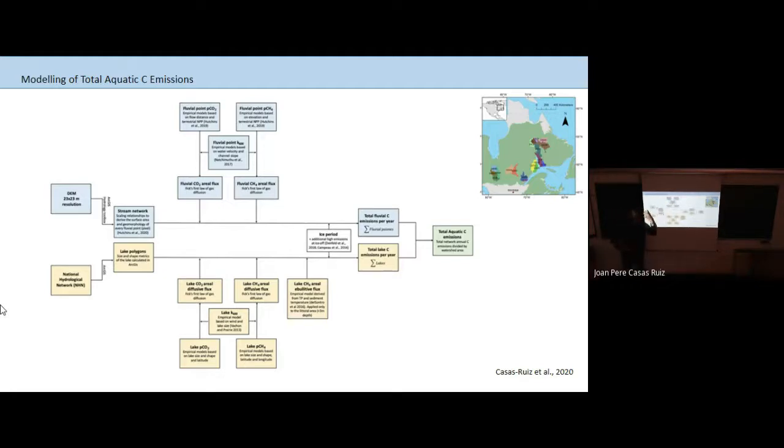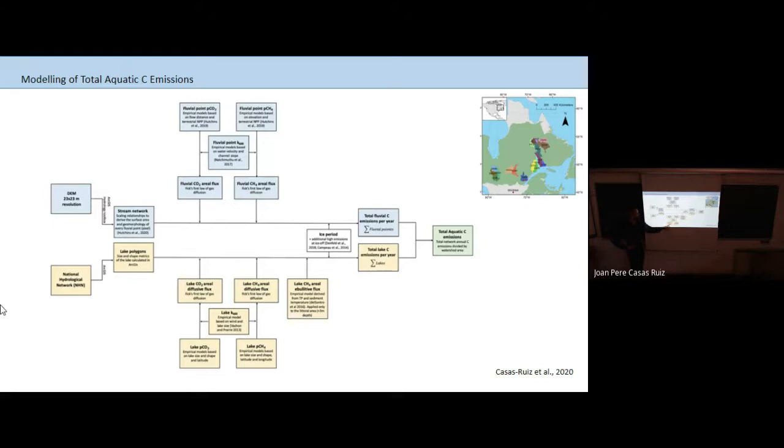This was based on the productivity of terrestrial ecosystems and the position of the stream along the continuum, etc. Then we can combine these with estimates of gas exchange coefficients, which we derived from the channel of the river, from the slope of the river channel, and water velocity, right? And then we can combine the data and we get how much a water parcel of stream is emitting to the atmosphere. We can do the same for lakes.